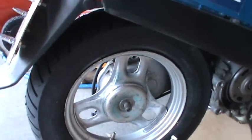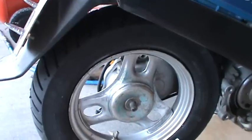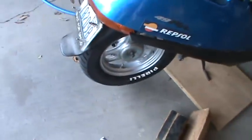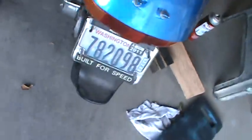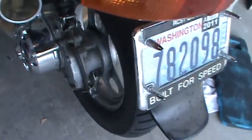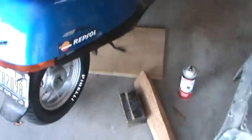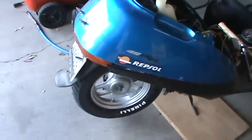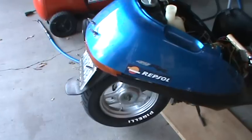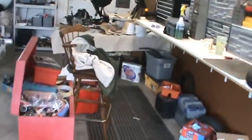The one thing about it is you have to kind of take the rear shock off the back mount to get the tire on, or have the tire with less air in it. But once you get it in there, it'll fit. So hopefully I'll be able to make a video tonight with the new Carlisle tires going on the Gyro, because